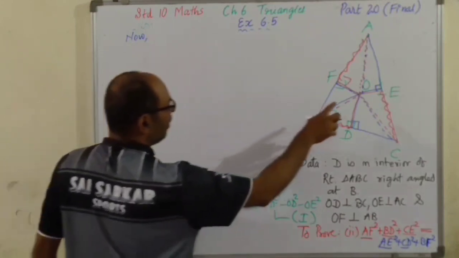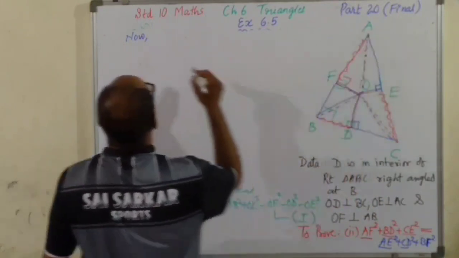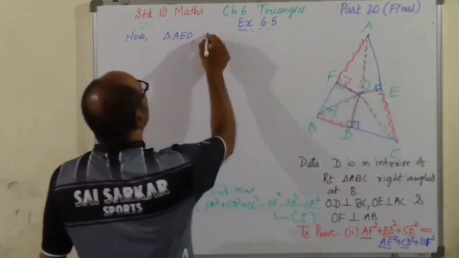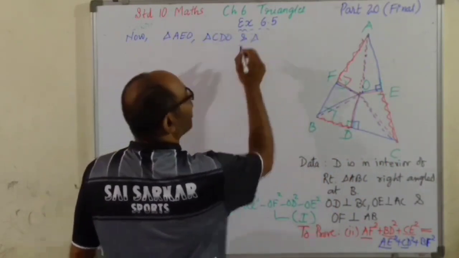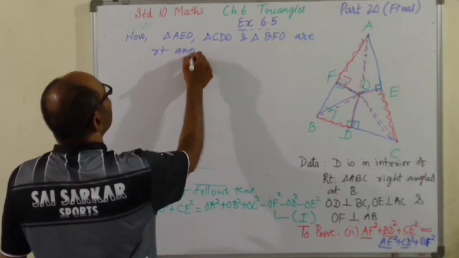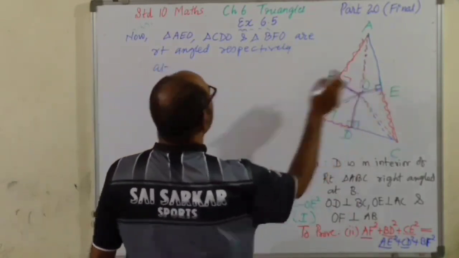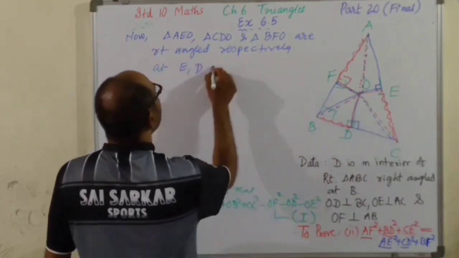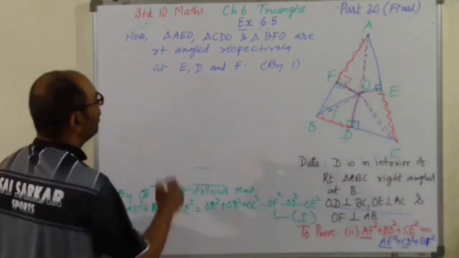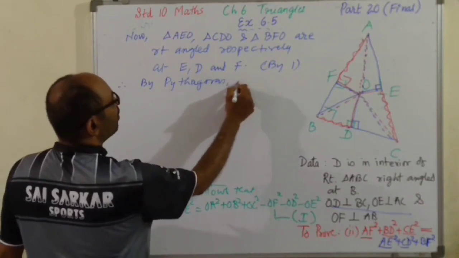Now, which triangle? The one with AE. Which is AE? This is triangle AEO. Then triangle CDO, and triangle BFO are right angled respectively at E, at D and F by 1, because these are perpendicular, it is in result 1. Correct? Therefore, by Pythagoras, we get